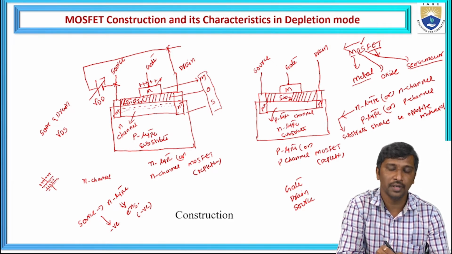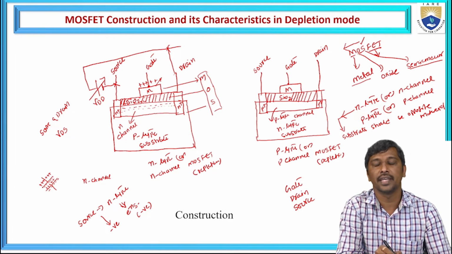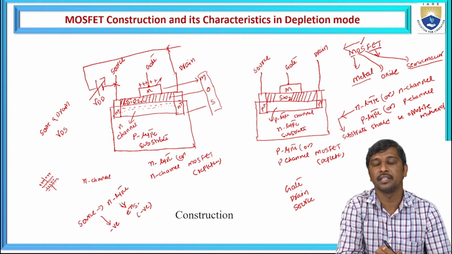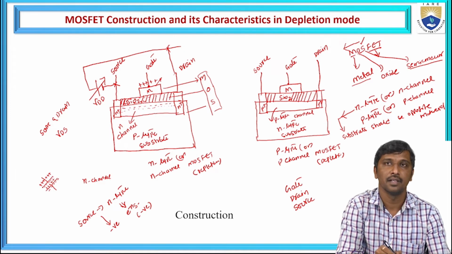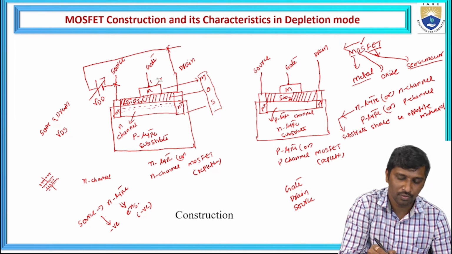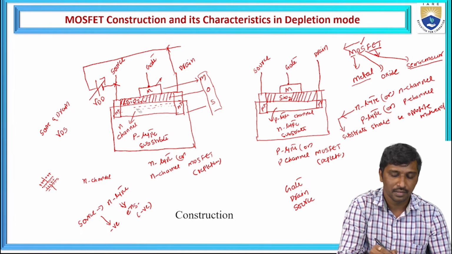If you produce more negative charge in the channel, what happens? The electrons repel faster compared with before. Hence the conduction rate increases again, and there is no limit to the flow of current in this device. So if you want to control the flow of charge carriers from the source to the drain,